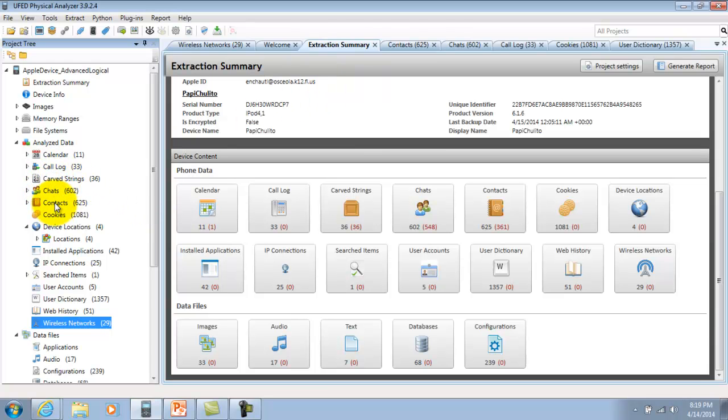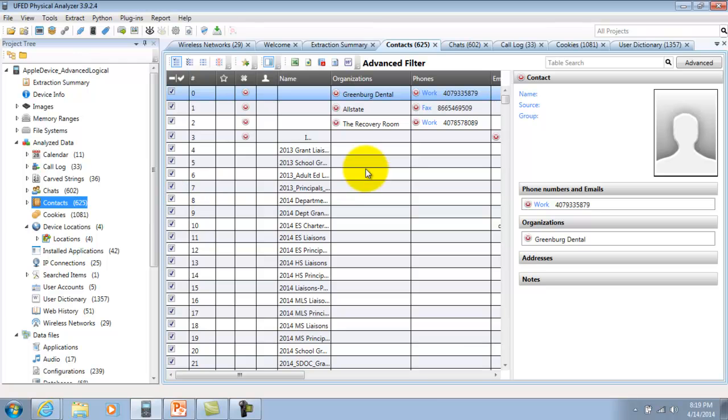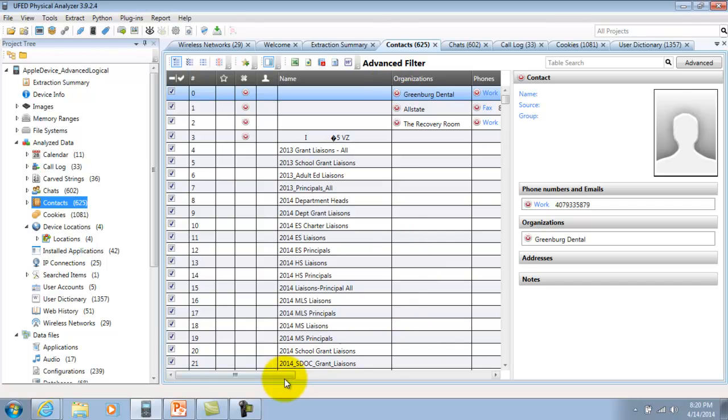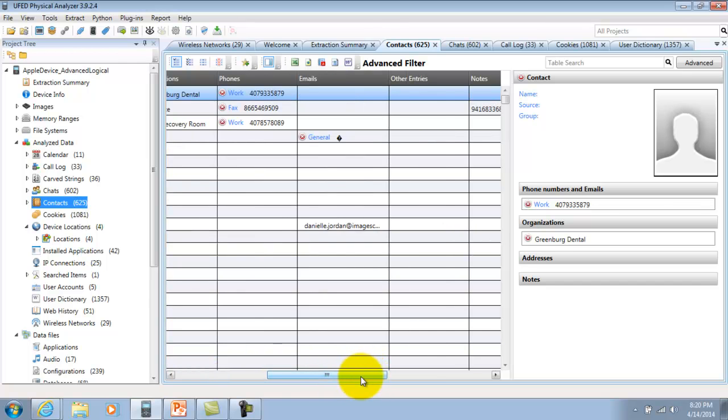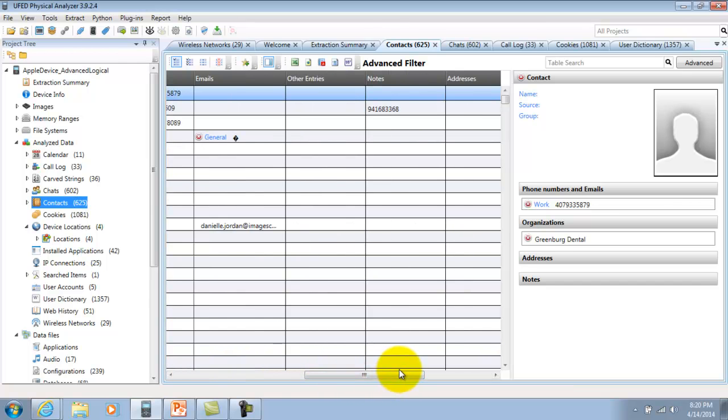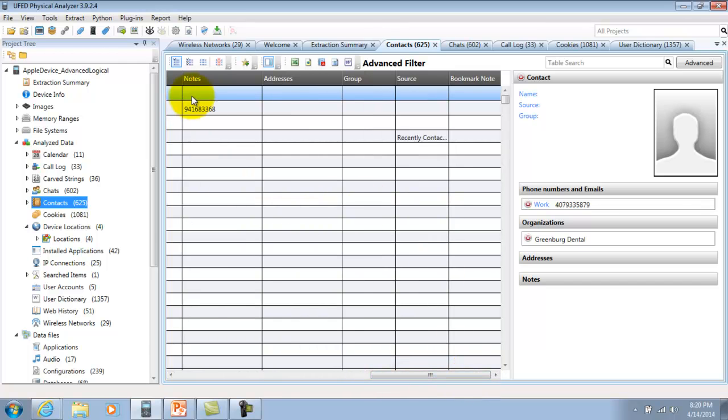I'm going to click on contacts on the left-hand side, and we're going to open it up. As you can see, I've got these red X's. Basically just means that they were just deleted. They were contacts that were created and then deleted. In this case, you can see some of the contacts that I already have here. This is just general information about a regular contact. You can see their phone numbers, their names, address, anything else that I might have put in for that contact themselves. One of the next categories that I can go into